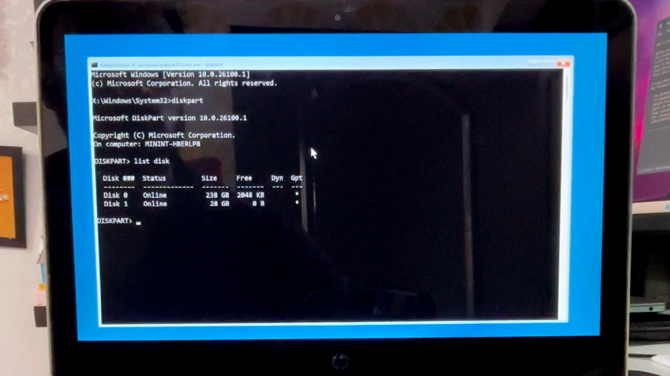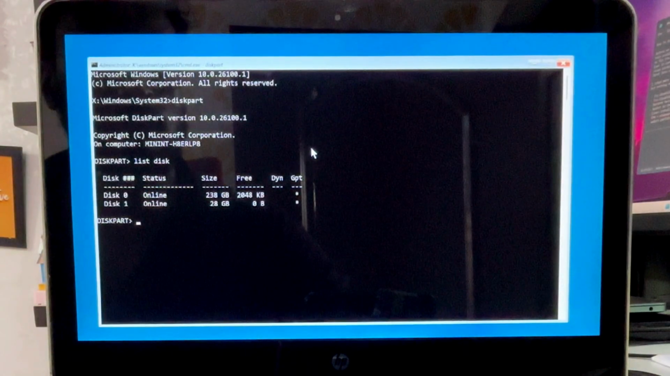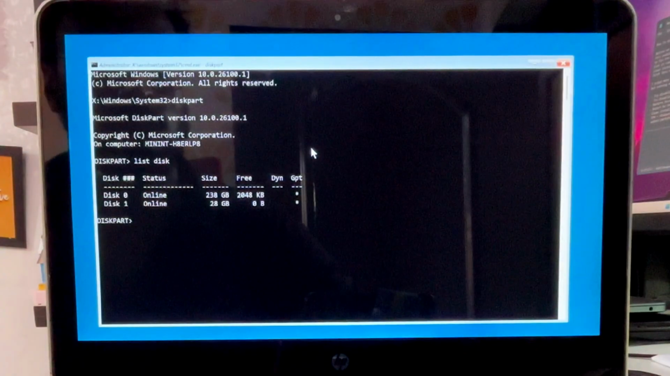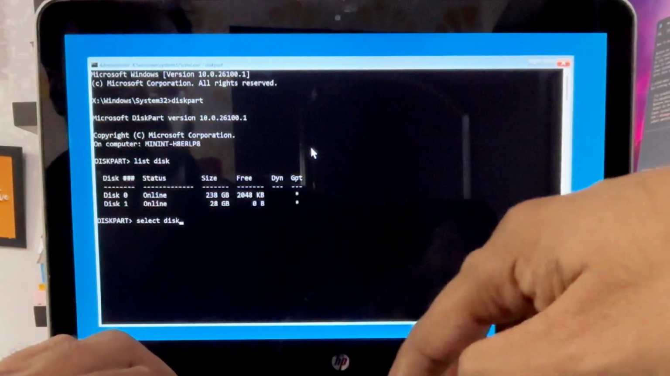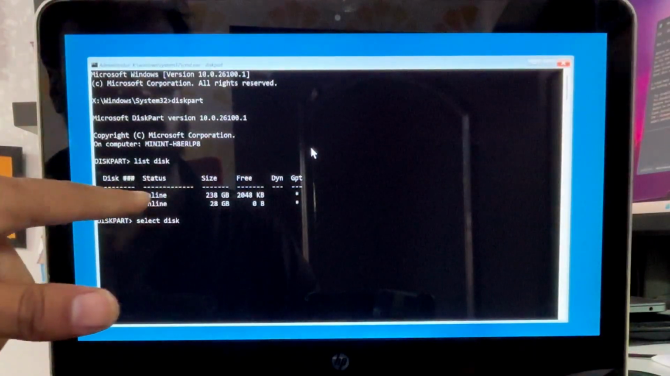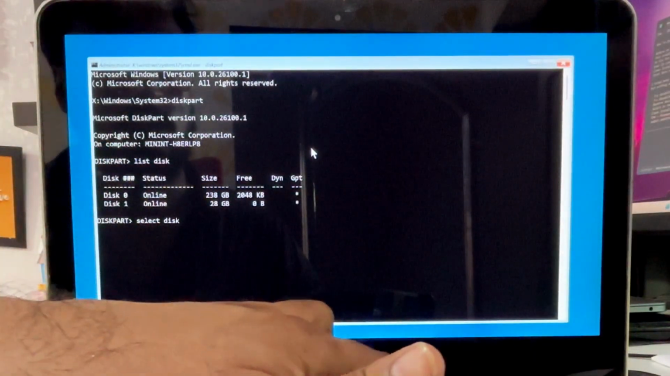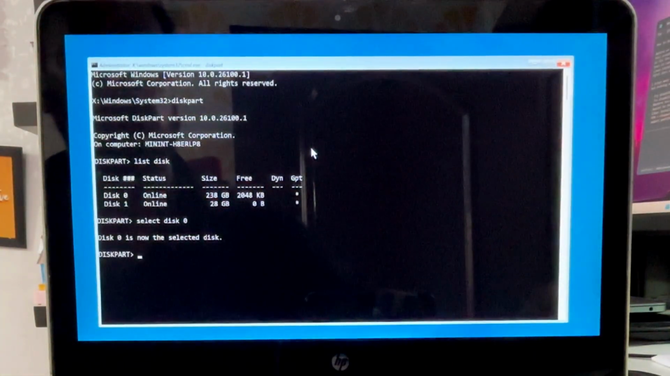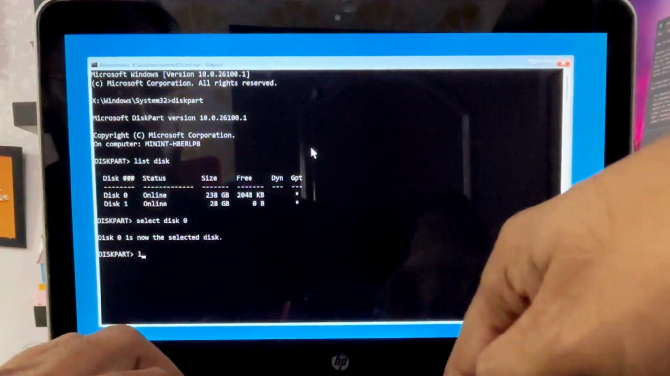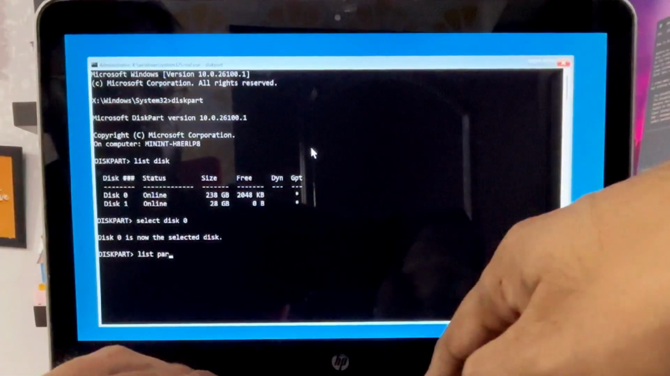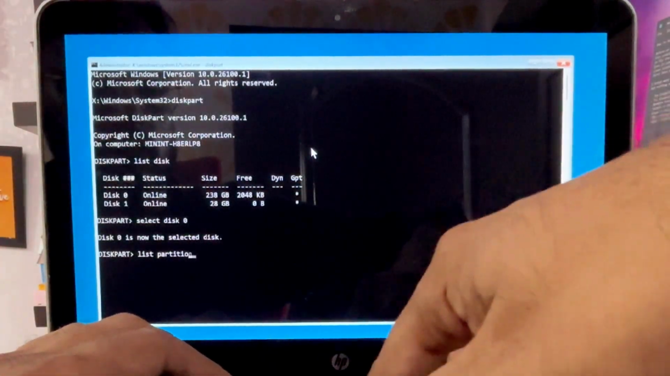On my end, it shows me 2 disks. Disk 0 is my main primary device, so I need to select disk 0 where I have to format the partition. So I will type select disk 0 and hit the enter key. Now once this disk is selected, we have to list all the partitions here. So I will type list partition and hit the enter key, and this will list all the partitions